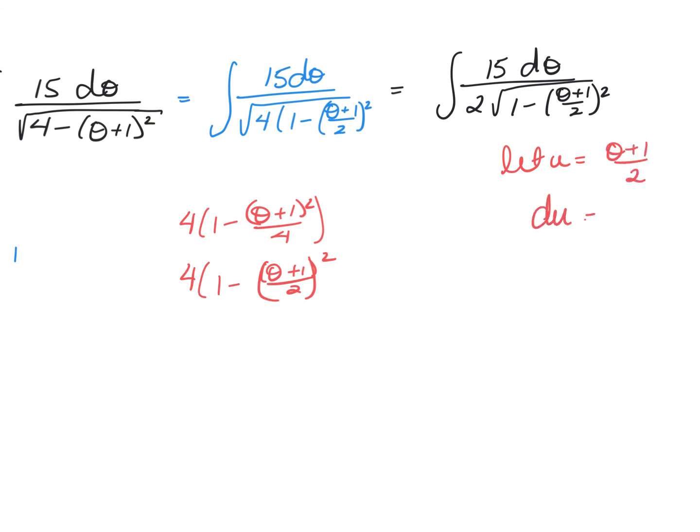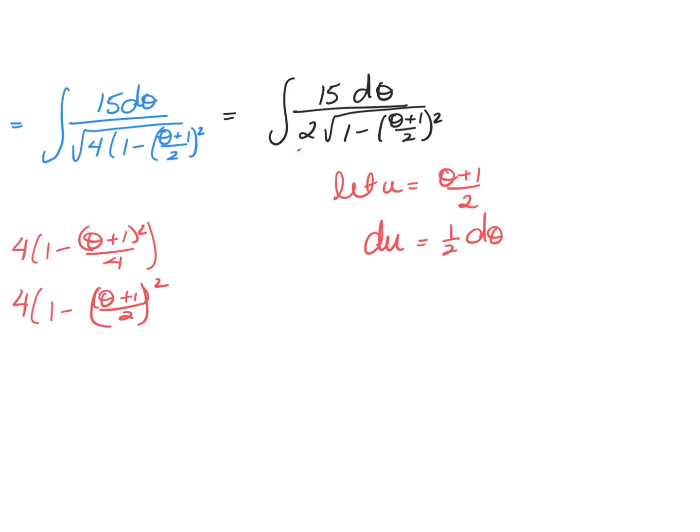And du is going to be 1/2 d theta. So this 2 and the d theta are going to be replaced with du. The 15 is just going to be pulled out front, and so I have 1 over the square root of 1 minus u squared du,